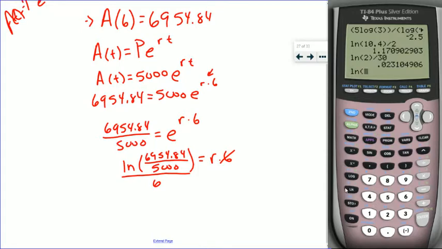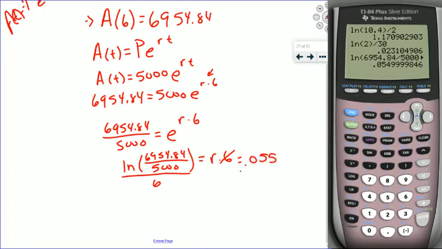Head over to your handy dandy calculator. Natural log of 6954.84 divided by 5000. Close your parentheses for your logarithm, then divide by the number 6, and that's going to give us our growth rate, which is 0.0549, or let's just do 0.055. So r